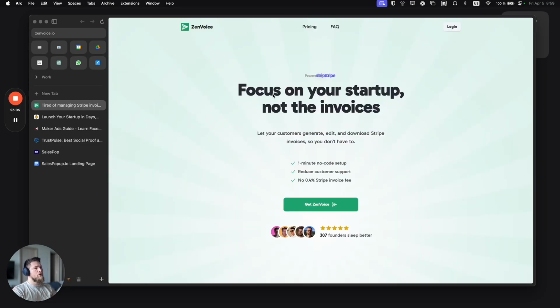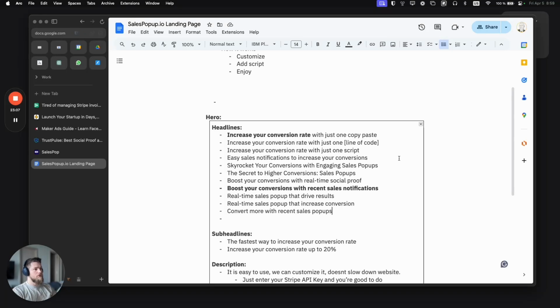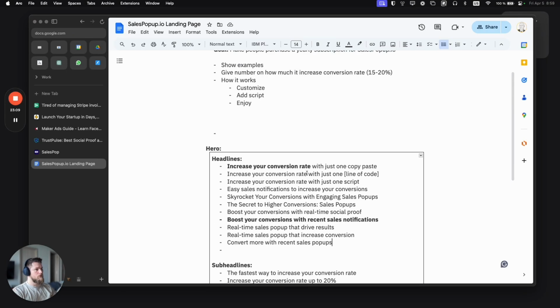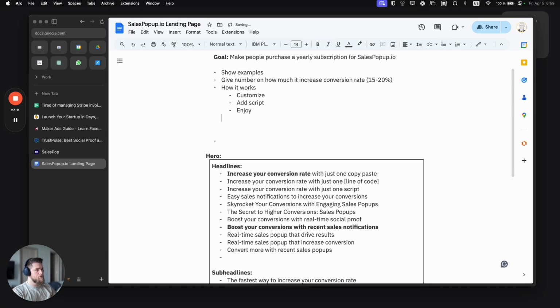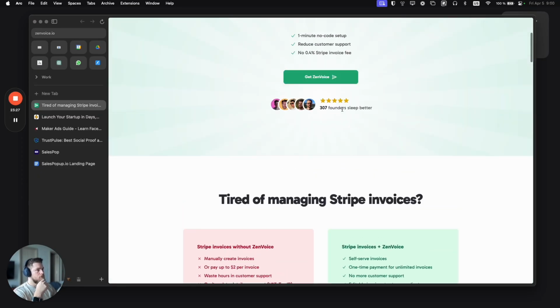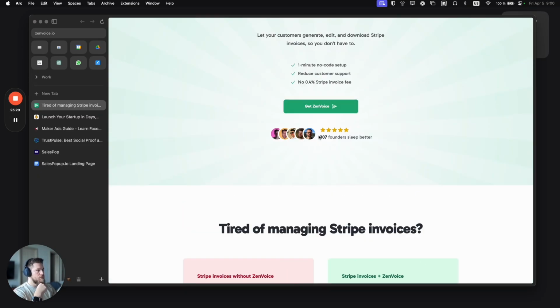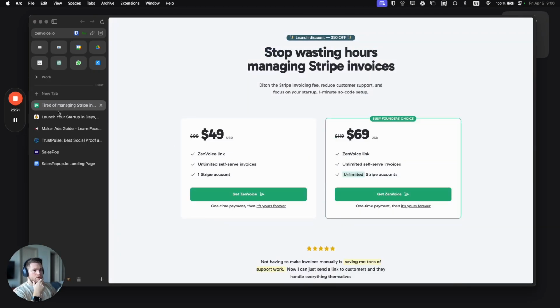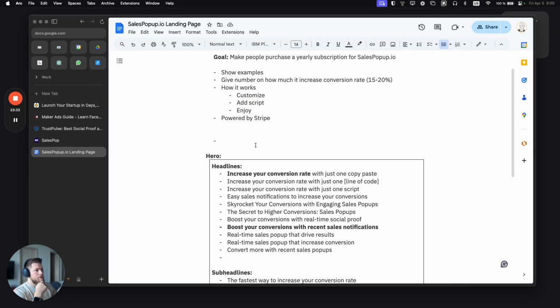I really like the powered by Stripe. It adds some social proof, so I'm going to write that down here. Stripe. Yeah, I mean, that's a social proof. So yeah, I think I will just